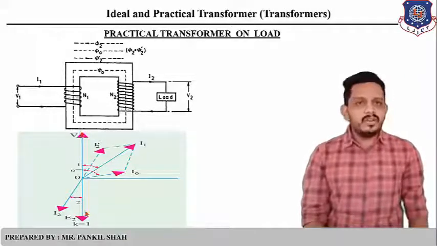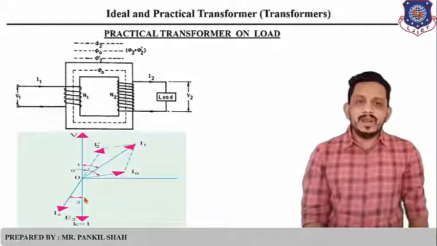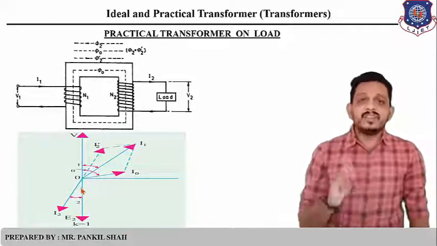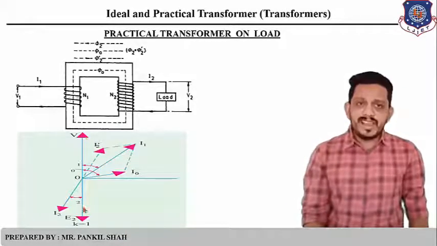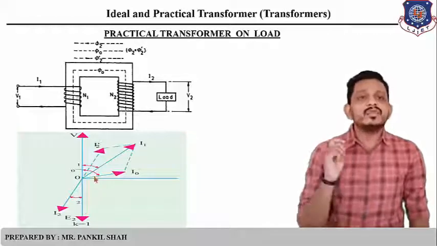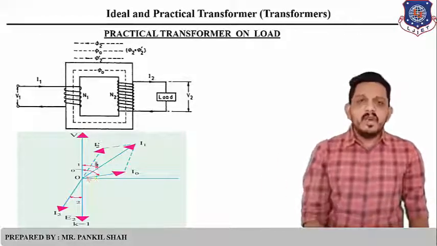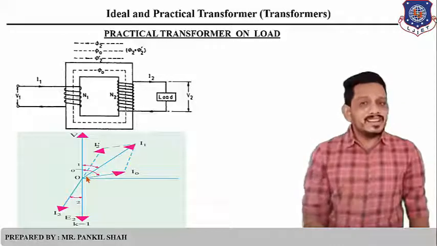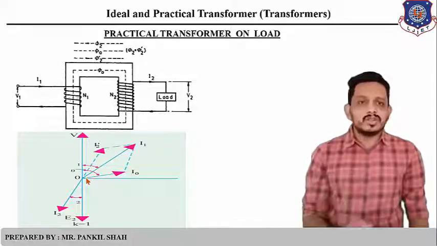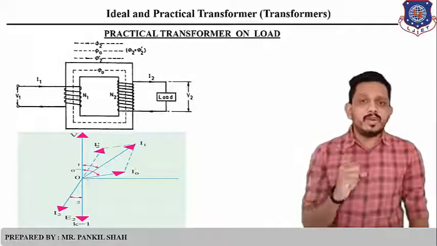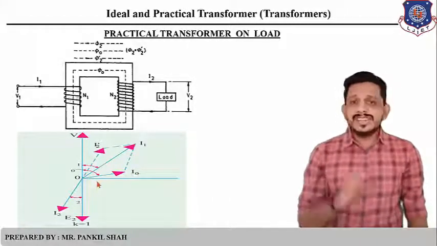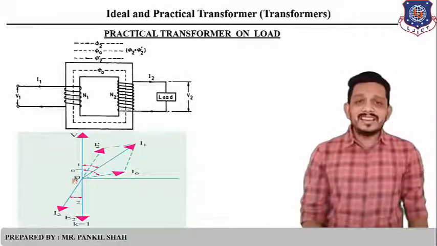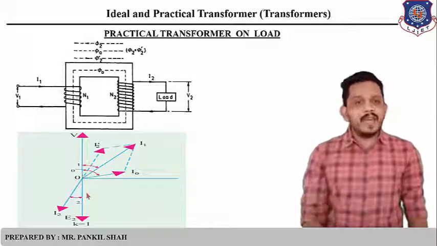If we draw the applied voltage here, then E1 and E2 will be on the same side. So if V is drawn here, then there are three components of current. The first component is the magnetizing component and the other component is the loss component. If we combine the two components, it is known as the no load current. So we have directly drawn this no load current here. This no load current I0 lags behind the applied voltage.